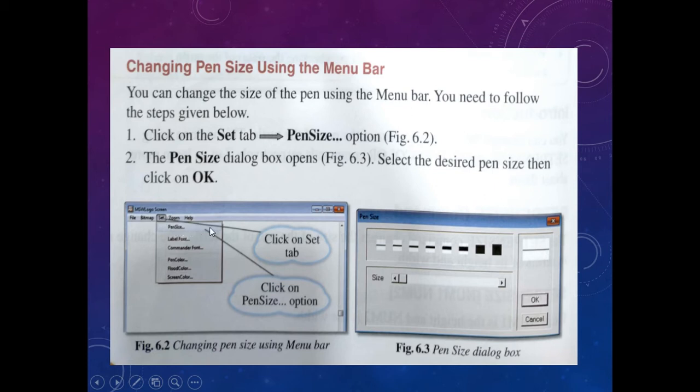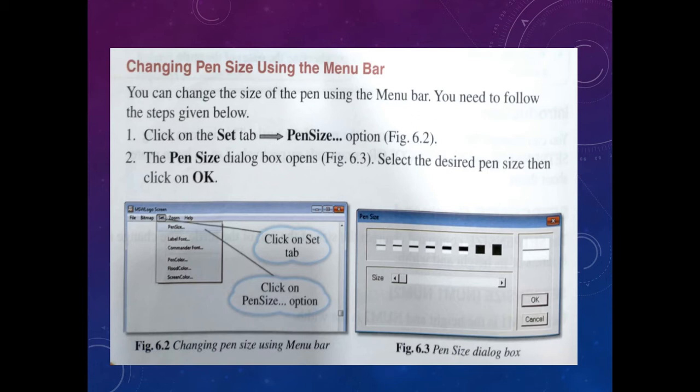When you click on the pen size option, you will see a window, the pen size dialog box. Whichever size you want you can set from here. You can click on this particular button and set the pen size, or you can use this bar to adjust the size of the pen and then click on OK. Whichever option you have selected, that same size will get selected and your pen size will be set.